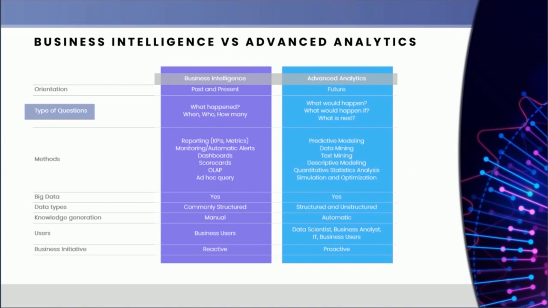While in advanced analytics, we analyze historical data in order to analyze the future. That is, what could happen, what will happen, or what is next for a business. In this part, we could start to apply strategies related to scenarios in which we could begin to make decisions and analyze what could happen with our business or the environment around it.